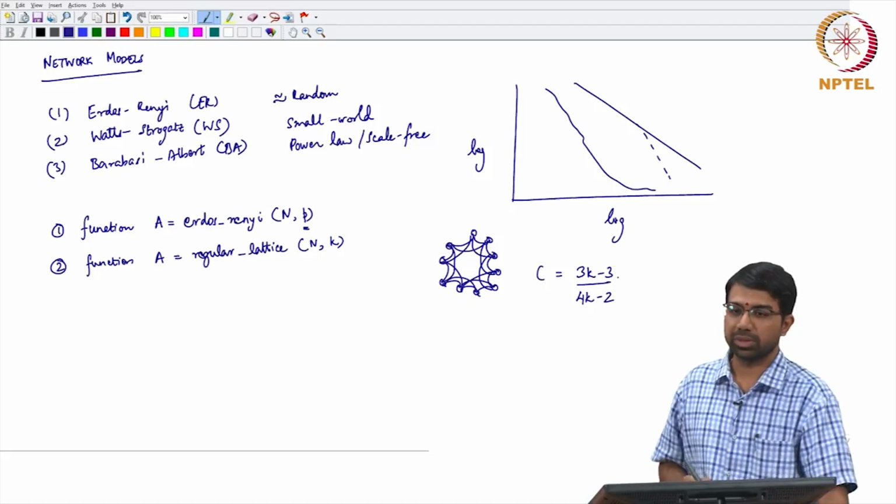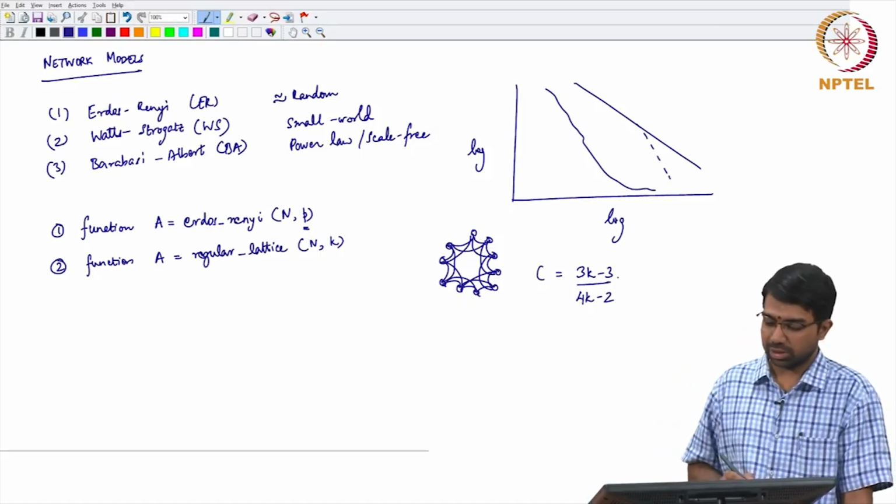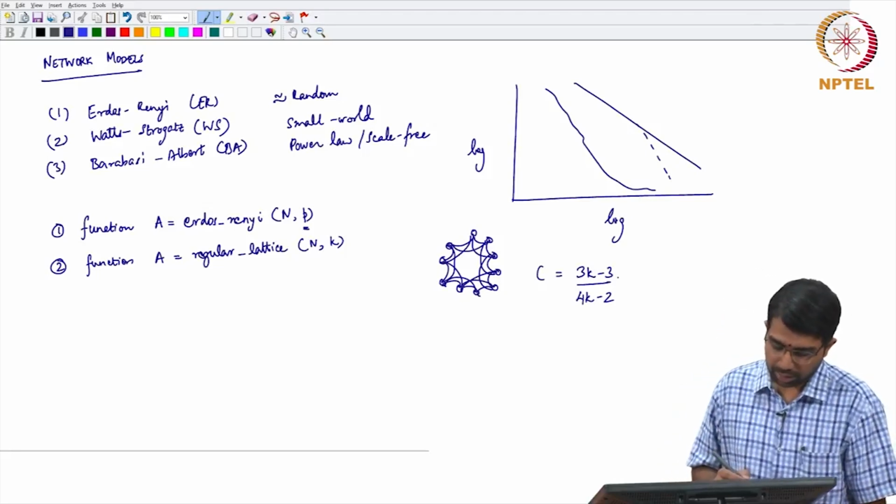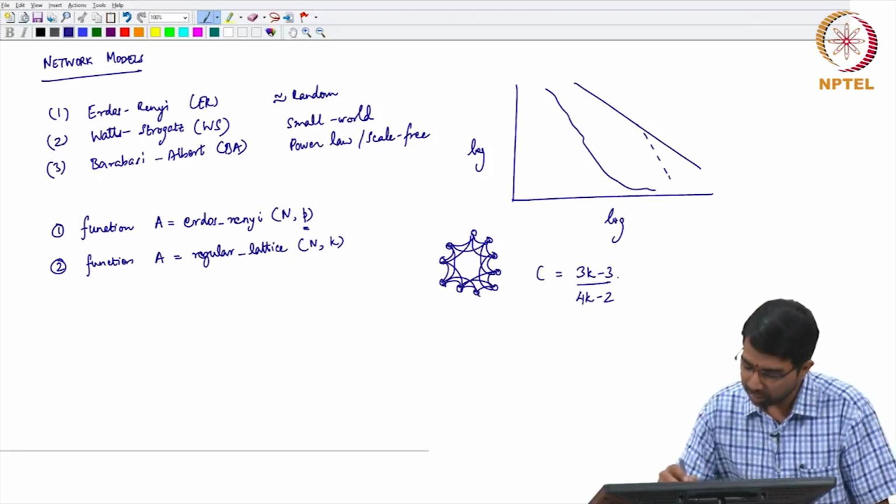We did see an example previously, where the clustering coefficient for a network with 10,3 or something like that. But this gives you only a regular lattice which now has to be